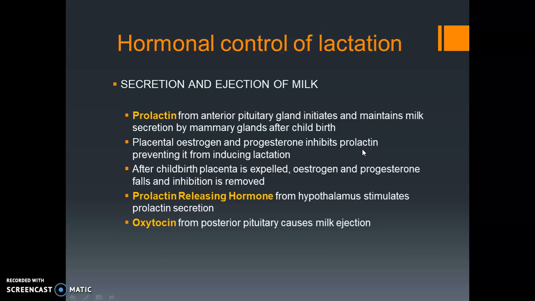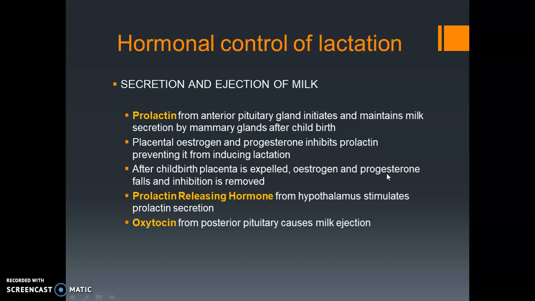So lactation is not initiated until childbirth, and after childbirth the placenta is expelled. So the placental estrogen and progesterone will now decrease. After the expulsion of the placenta, there is a sudden fall in the amount of placental estrogen and progesterone. So the inhibition of prolactin is now